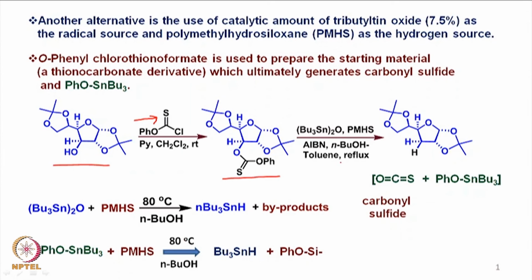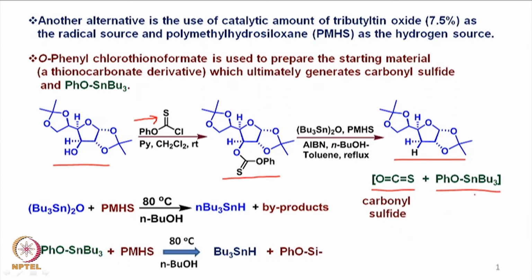We can then react this particular thionocarbonate derivative with tributyltin oxide in the presence of PMHS and of course AIBN, but the solvent n-butanol is a very important solvent, and a mixture of n-butanol and toluene is used, and it is refluxed in that particular medium to form this deoxygenated product. Now what happens is you get a side product, carbonyl sulfide, which is a gas which goes away, and of course we get this